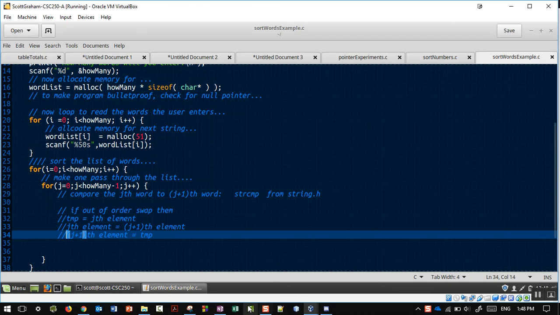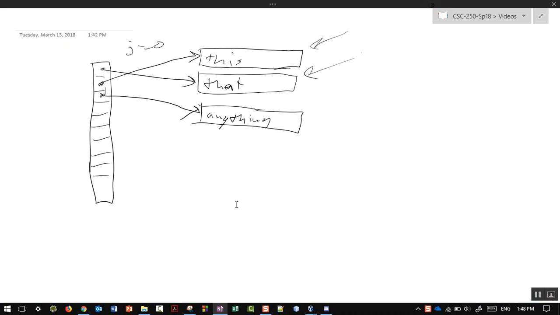Actually, I might take a sidetrack to make it more clear how that works, just like with numbers. But for now, just accept that I'm comparing these two. I'm comparing the second to the third one. So the second one is now pointing to what? This. And the third one is pointing to anything. So, yeah, that's fine. And just for grins, just to make this a slightly more complete example, let's throw zebra here